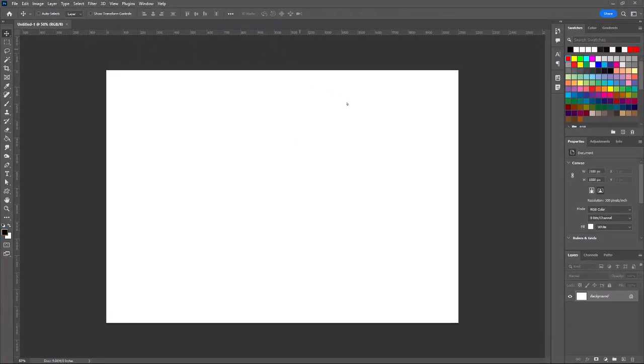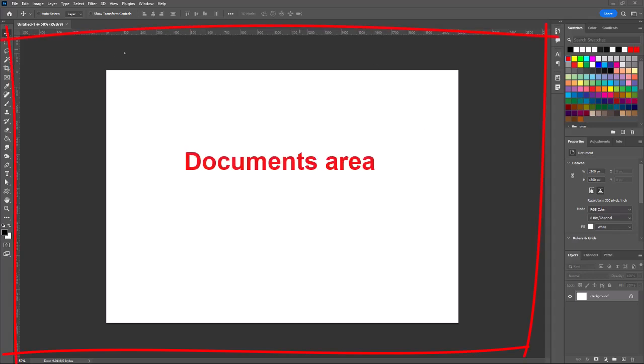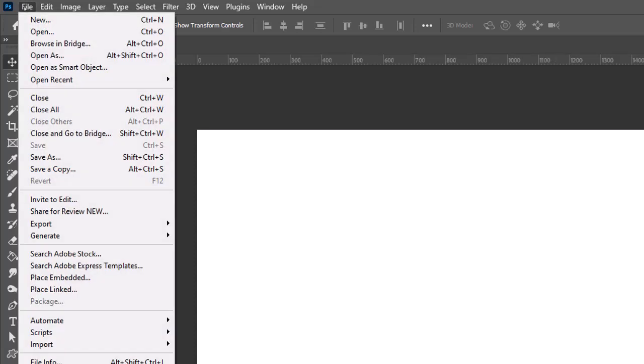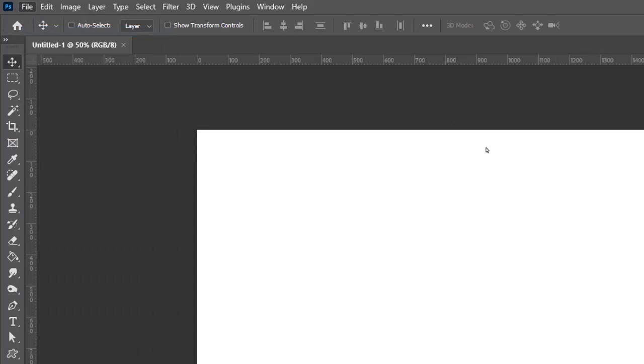Let's take a bird's eye view of the Essentials workspace in Photoshop. The feature area, of course, is our document. That's here in the center. You'll see a tab up here that we haven't saved our document, so this is Untitled 1. It displays some information here that it's being viewed at 50%, and we're using a red, green, blue 8-bit color model. I can go to the File menu and choose Open,